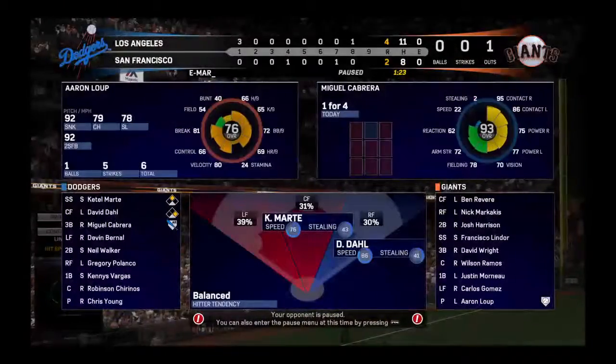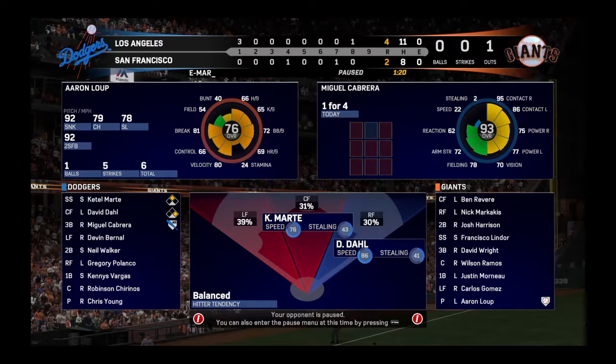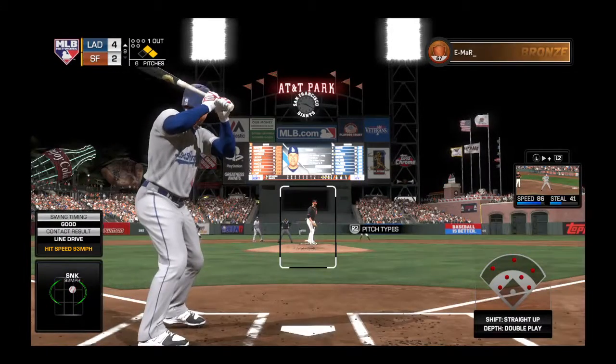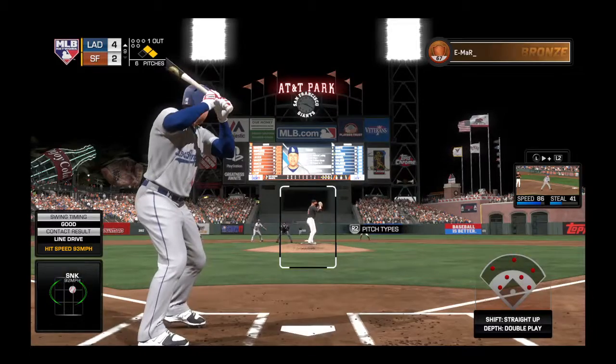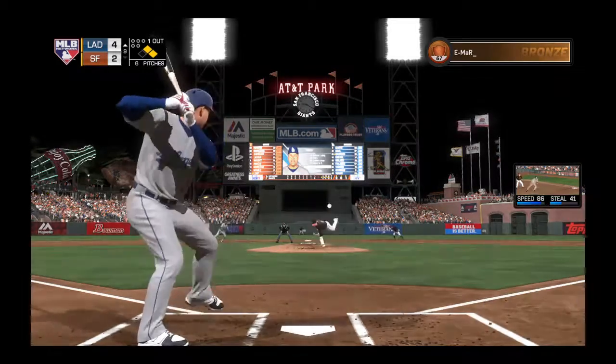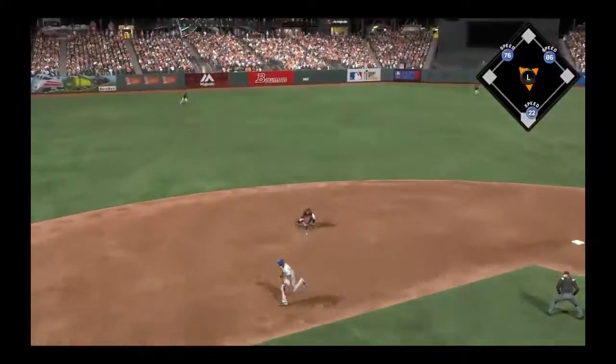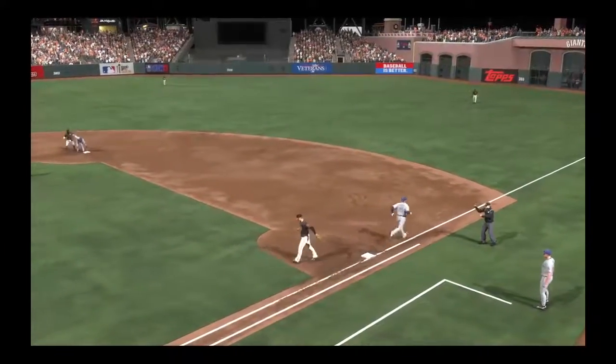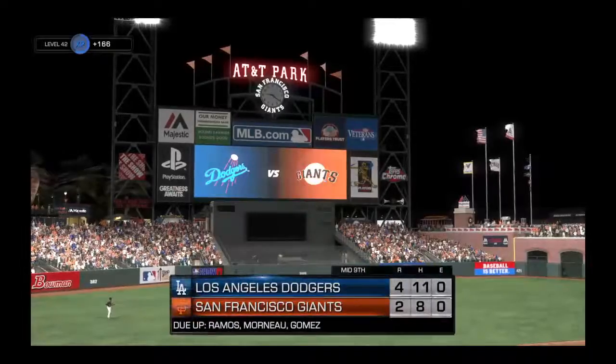Into the box now. And it looks now like a right-hander's getting hot in the Giants bullpen. First pitch of the at-bat. Oh, on the ground to short. Could this be 2? There's Harrison for 1. On to Morneau, and they get the double play to get him out of...